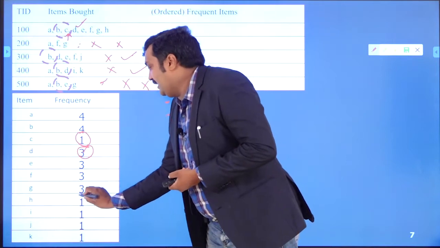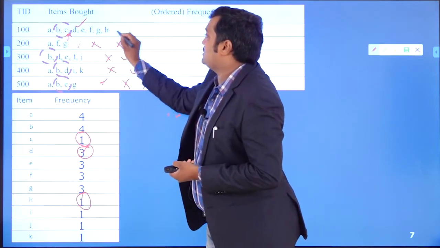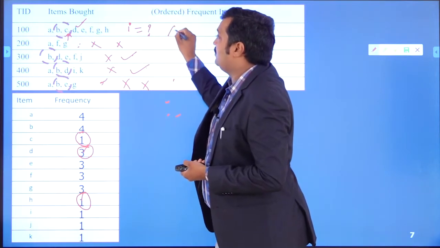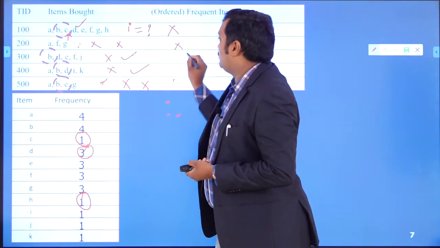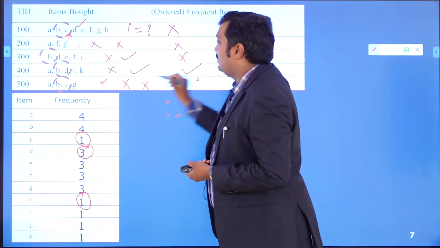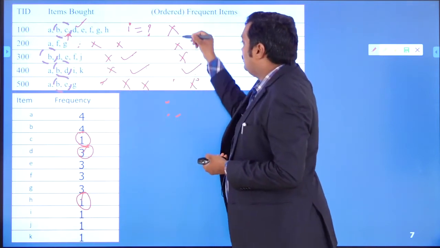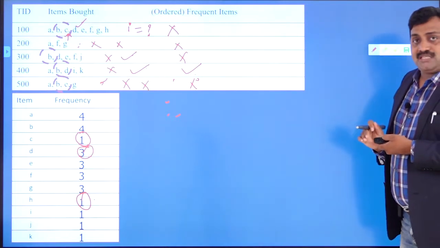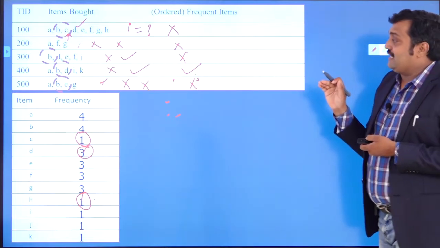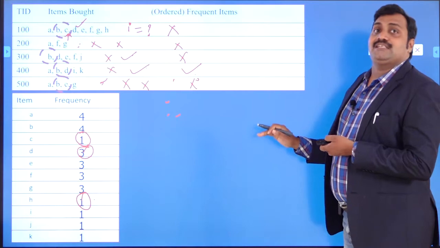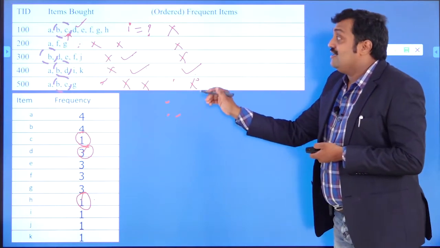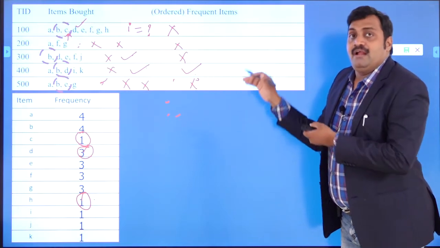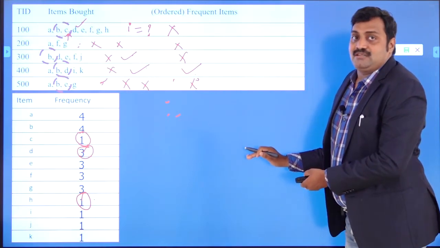Suppose we are going for I. In the first transaction I check whether I is available or not. It is not available, not available, not available, available, and not available. So in total only once. That means I am scanning all the transactions and identifying the occurrence of each item in all the transactions.